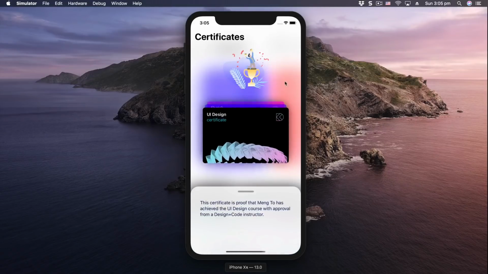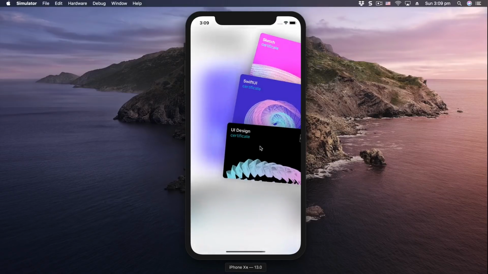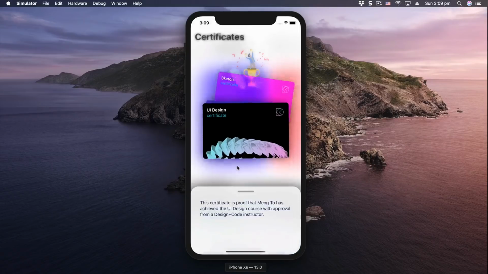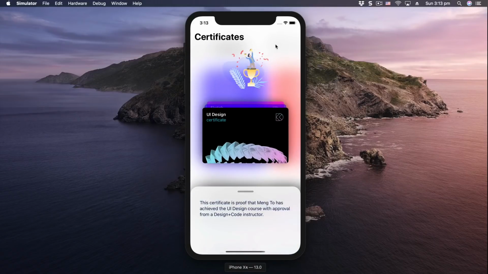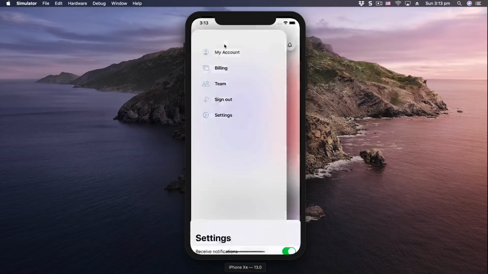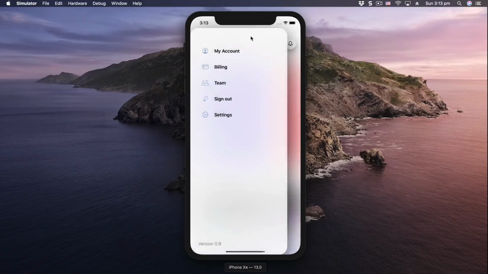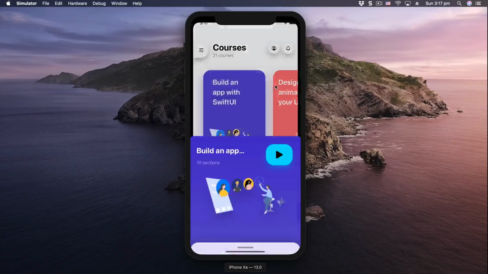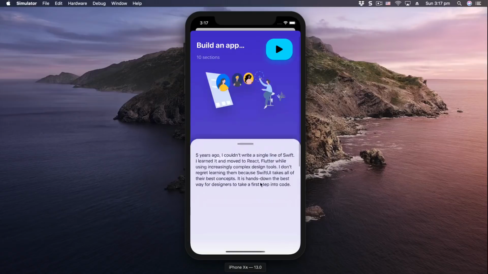And you're going to learn how to do blur, you're going to learn how to do overlay effects, transformations, rotations, scaling effects, so that you can create something very unique to your design. All animations in SwiftUI are fully interruptible, meaning that you can create these transitions that are not intrusive to your users. We're also using the modal transition like this and the scroll so that we can have a very custom